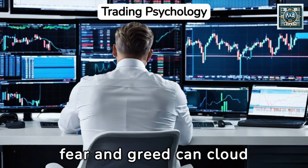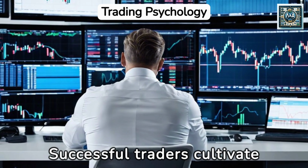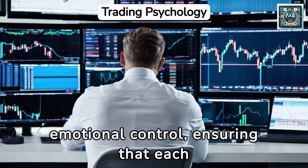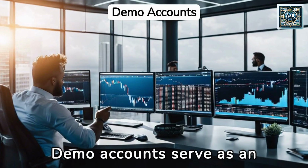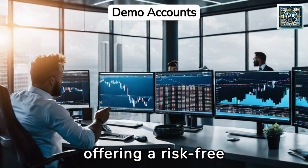Emotions like fear and greed can cloud judgment, leading to hasty decisions. Successful traders cultivate discipline, patience, and emotional control, ensuring that each trade aligns with their strategy rather than transient feelings or market noise. Demo accounts serve as an invaluable tool for both novices and experienced traders, offering a risk-free environment